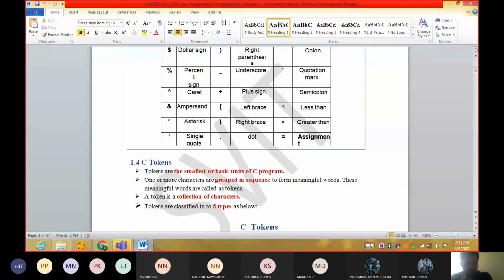So there are 5 different types of tokens. Before going to that, you understand what is a token actually. Better understanding of a token.